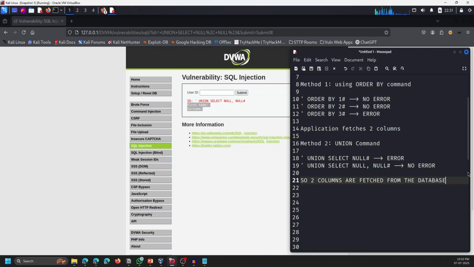So that is what we have identified. Even in this method we have concluded that there are two columns fetched, and even in the other method we concluded that there are two columns being fetched. Now we have identified there are two columns being fetched. Now our next task is to find